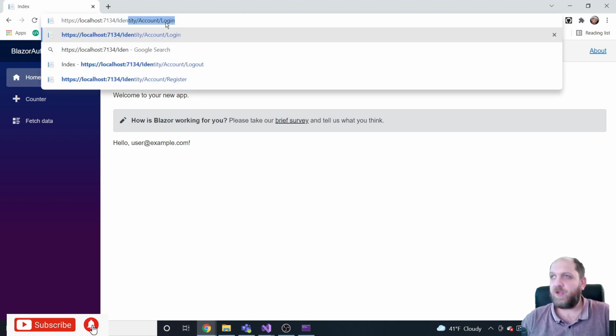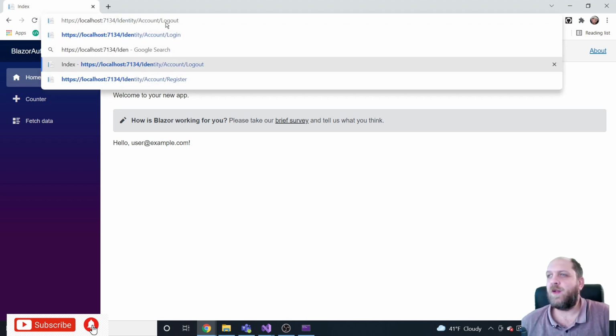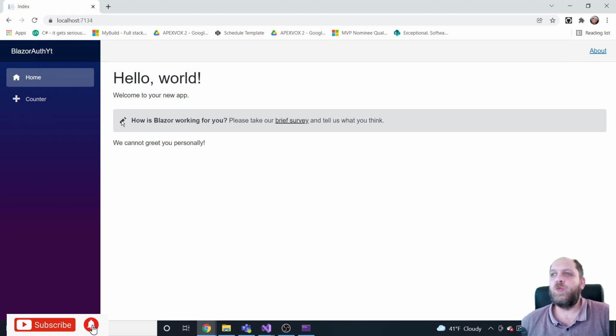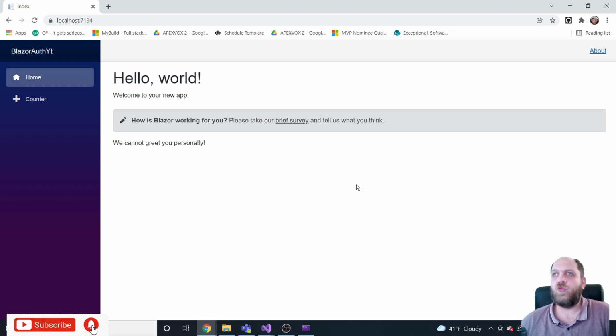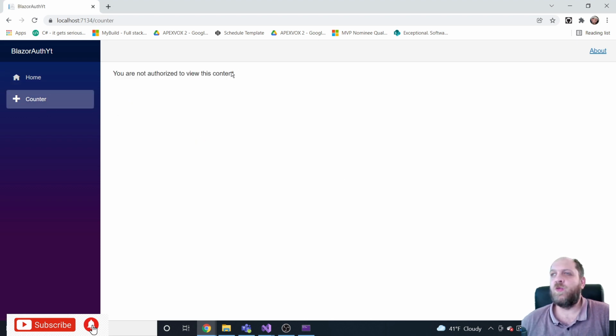So if we go here to identity account and log out, you see that we were redirected back, and now we don't have that fetch data component at all. So we don't see that. It could be that it is not even there. We don't know if there is something like that in our menu. We don't really see that because we are not authenticated right now. And if we click on the counter, as we see, we only see that you are not authorized to actually